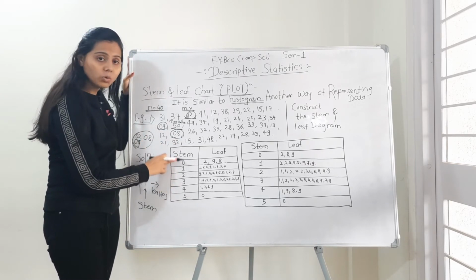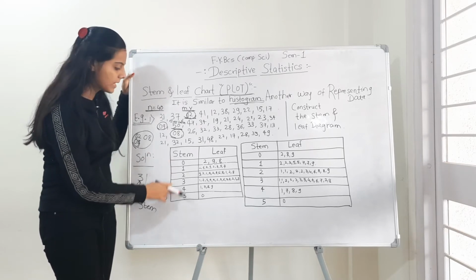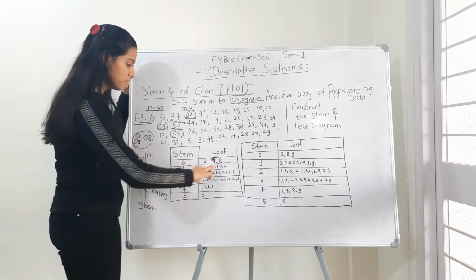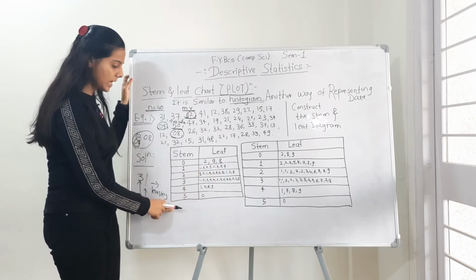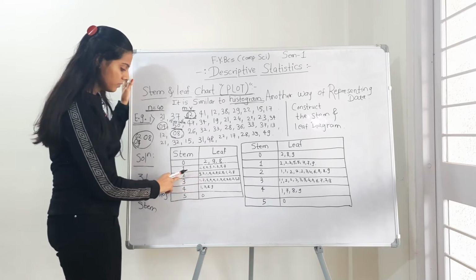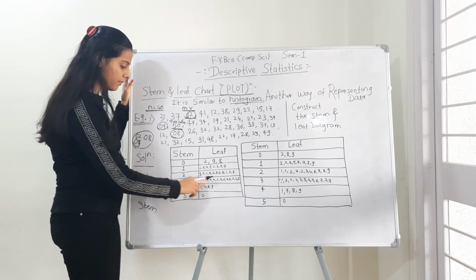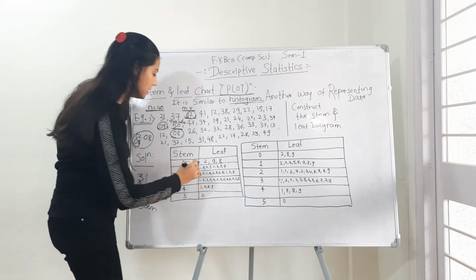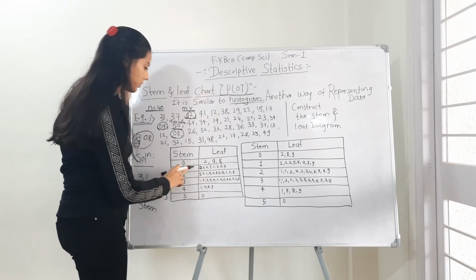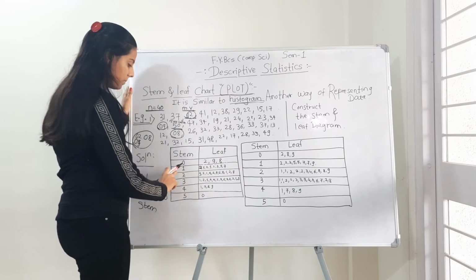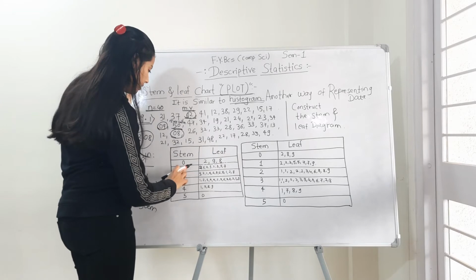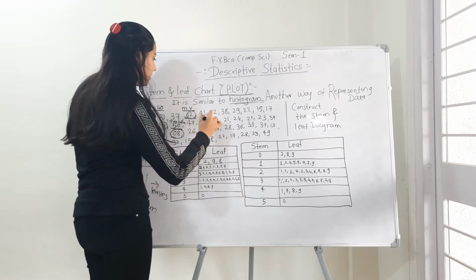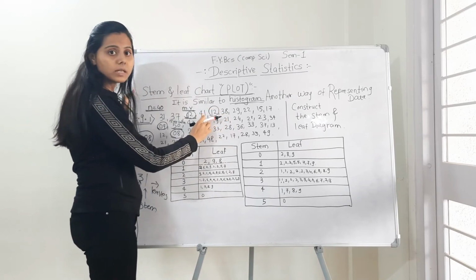Similarly, we write down all the numbers or all the stems, that is 1, 2, 3, 4, 5, and now write down the leaves for all the stems, that is for 1, for 2, for the number 3, for the number 4 and the last one is for 5. So see here for the number 1, how many leaves for the number 1? See in your data. Start with 1 in your data.